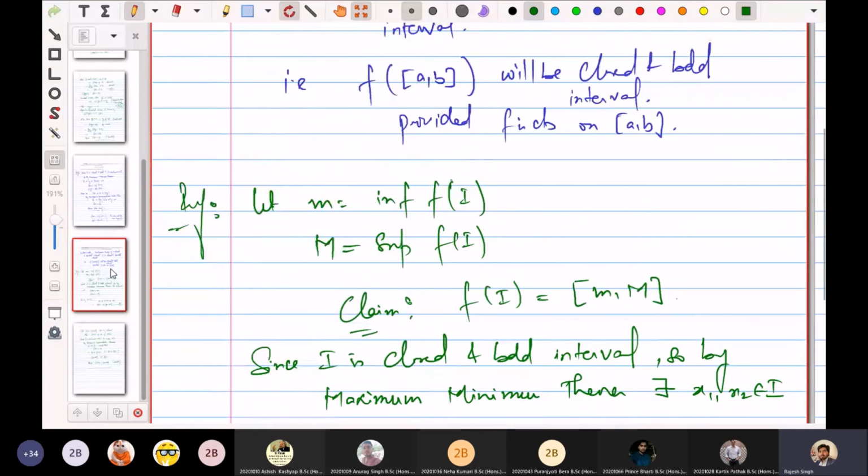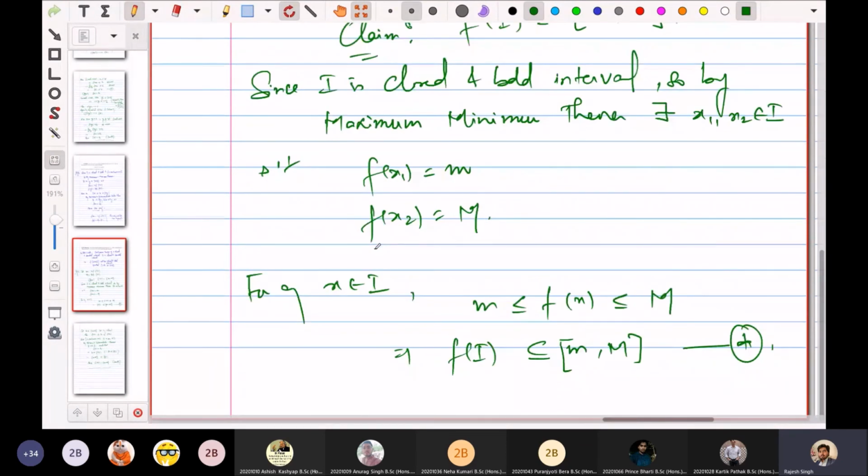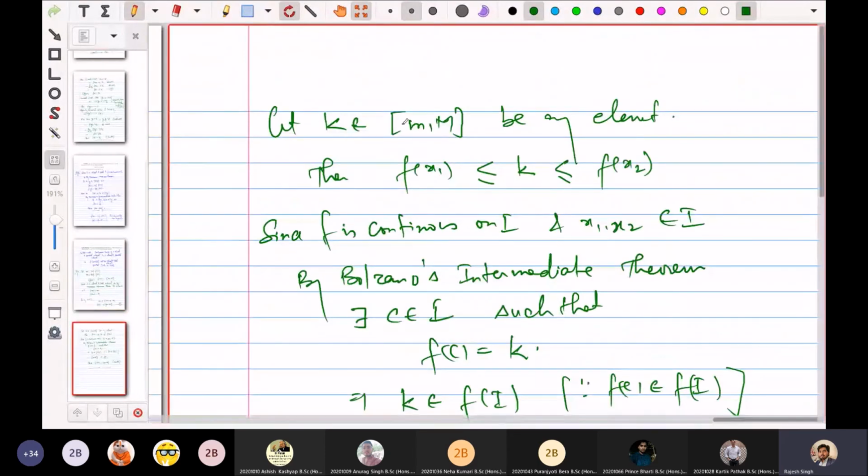So उसके लिए क्या शो करना होगा कि it is nothing but the interval with one endpoint infimum and another endpoint supremum, और उसके लिए easily you can show एक साइड तो आ जाएगा आराम से containment कि f of I is contained in this by definition of this supremum and infimum, then for the other part you pick any element, then that element lies between these two elements because f of x1 is nothing but m and f of x2 is nothing but M, या m equal to का लिख भी सकते हो, ठीक है।